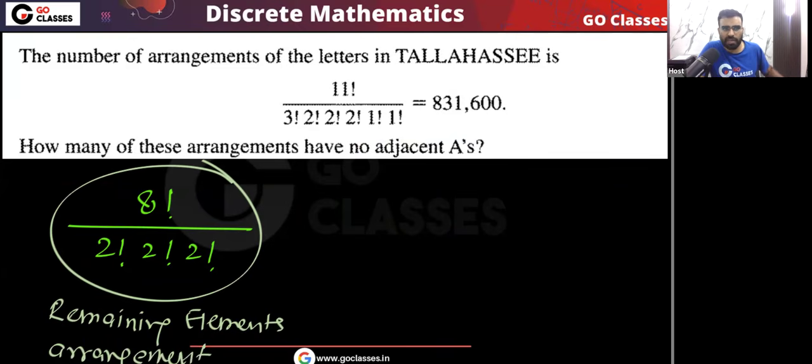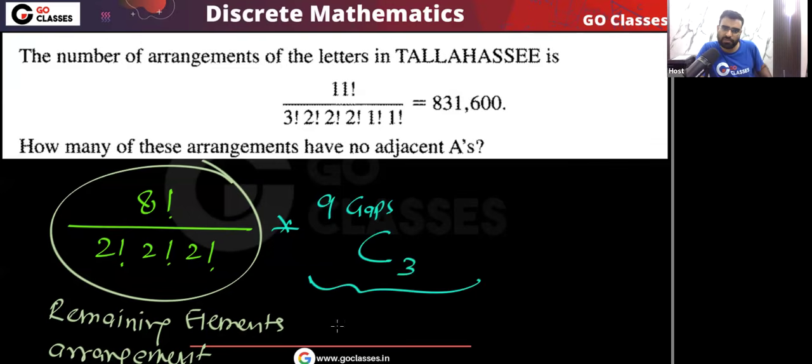Correct? Then there will be a total of 9 gaps. From these 9 gaps, we will choose 3 gaps for A's. But because all the A's are the same, there is only one way to put A's. So that will be your final answer.